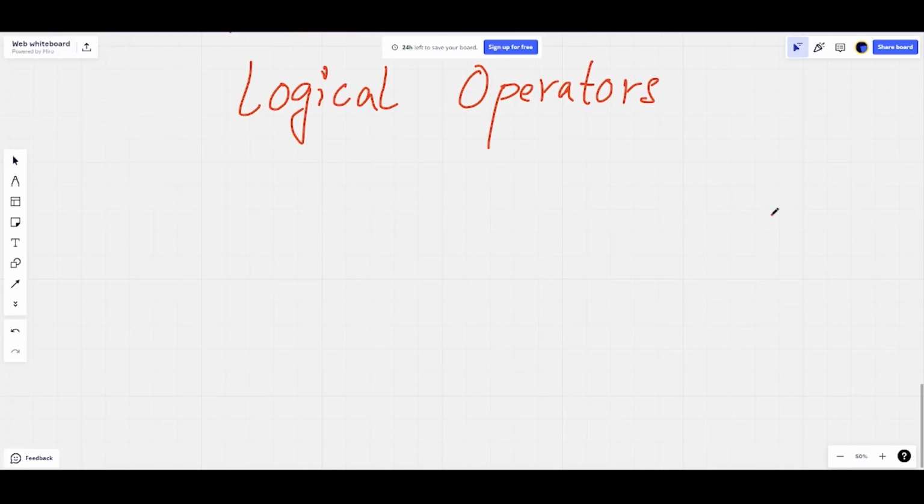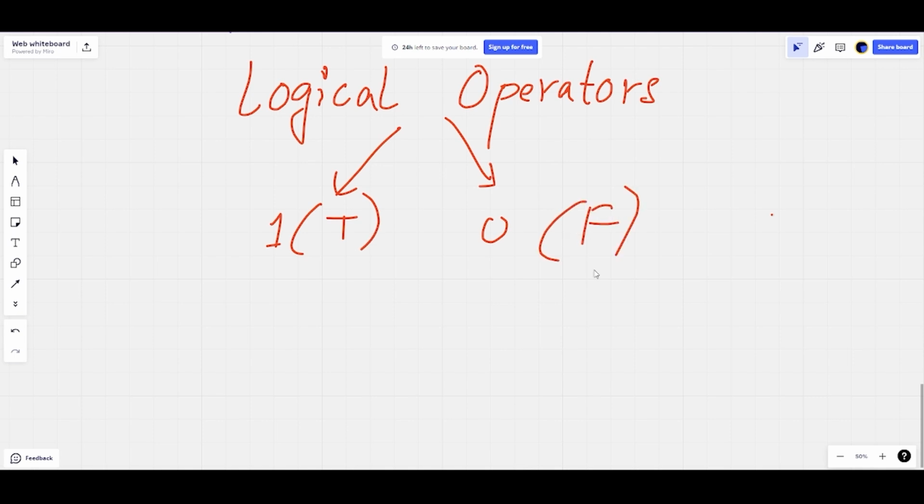Welcome back. Today we will do the next one, which is the logical operators. In the previous class, we have done the comparison operators, and today we'll continue with the logical operators, which are extremely important. The logical operators are similar to comparison operators in outcome, because they also give either 1 or 0. That means it can give true or false, because it's just a logic. Logic in the sense that it can happen or it may not happen. So the two outcomes can be there.